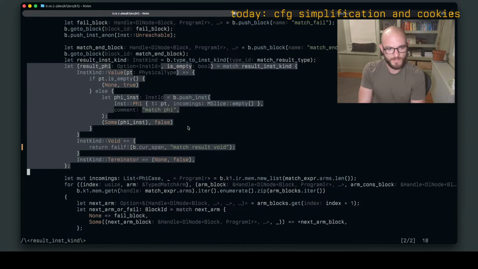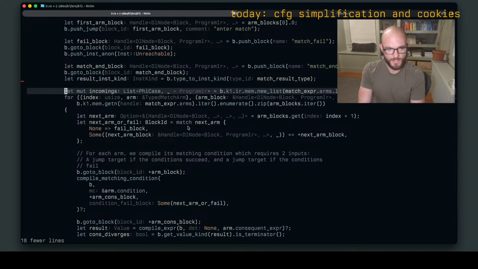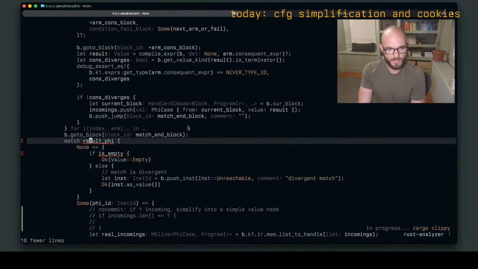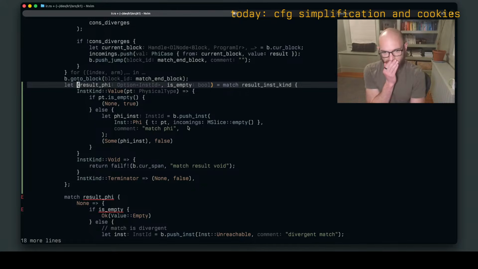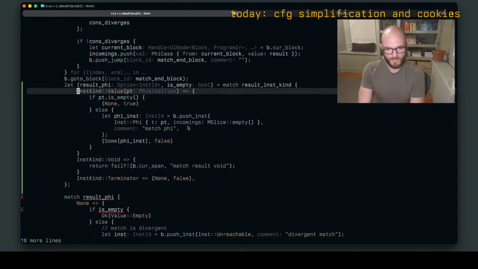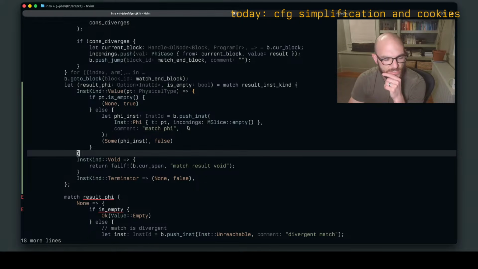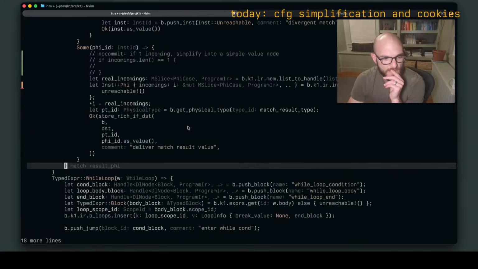I think we don't need any of this ahead of time. All we need is incomings. And now we'll go down and we've done all the arms and we have our incomings. And instead of matching on result phi, we'll match on result inst kind. And so I generated a phi. If the thing was divergent, I didn't. And so I still need to not. And it's not going to be result phi. And then all we do,